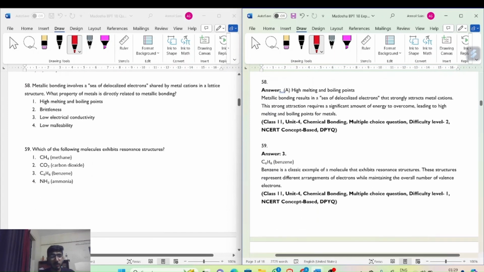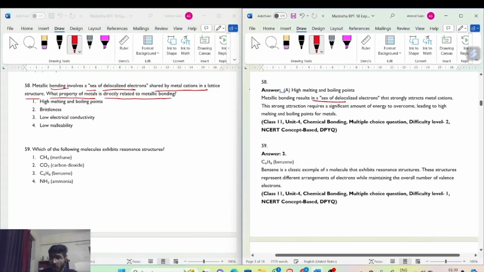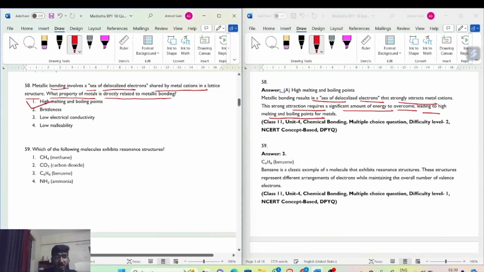Now question number 58. Metallic bonding involves a sea of delocalized electrons shared by metal cations in a lattice structure. What property of metal is directly related to metallic bonding? Here, metallic bonding results in a sea of delocalized electrons that strongly attracts the metal cations. This strong attraction requires a significant amount of energy to overcome, leading to a higher melting and boiling point for metal. So the correct answer will be option number A, because the strong bonding,